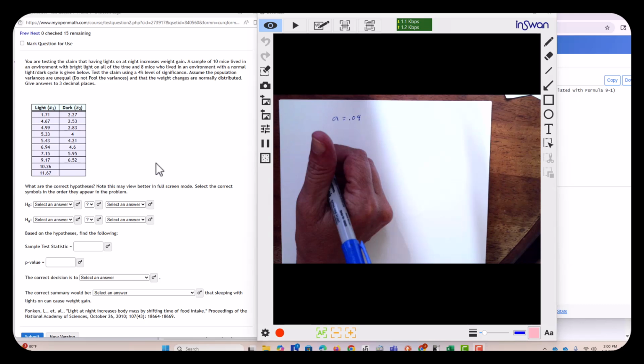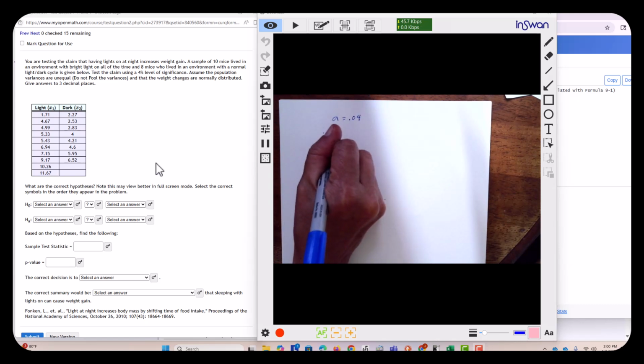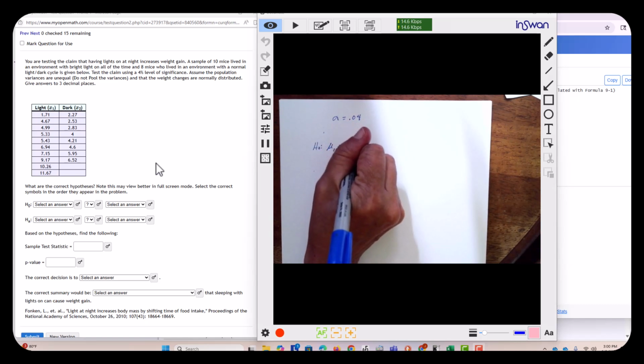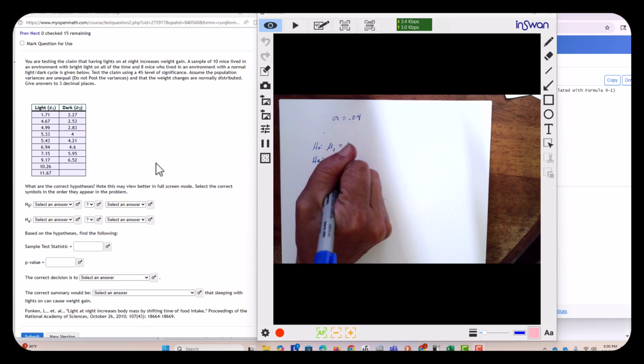They're doing x sub 1 is your sample for your light, and x sub 2. So I'm going to do H sub 0. Your null is that there's no difference in their weight. So mu sub 1, which is going to be for the x sub 1, the light, will be equal to mu sub 2. And H sub a, let me get this,